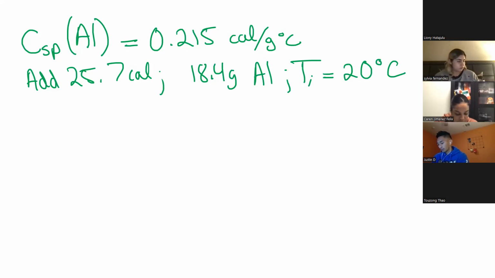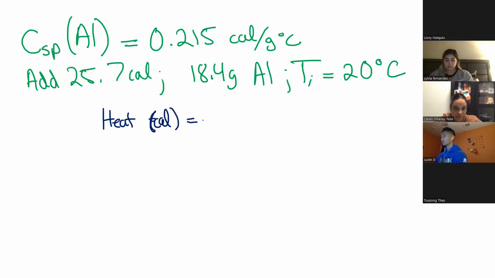So the equation that they give you, and the one that people tend to use, there's a couple of different options, but the one that they give you is heat in parentheses of calories is equal to the mass in grams times